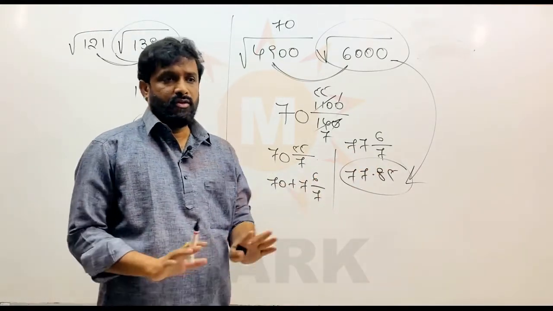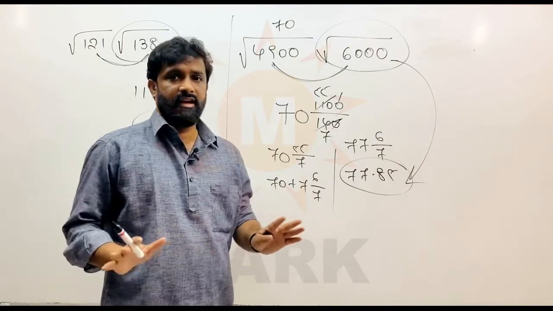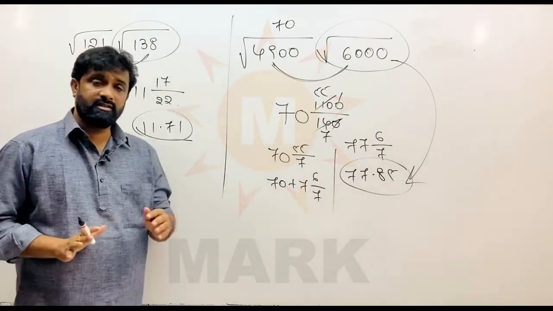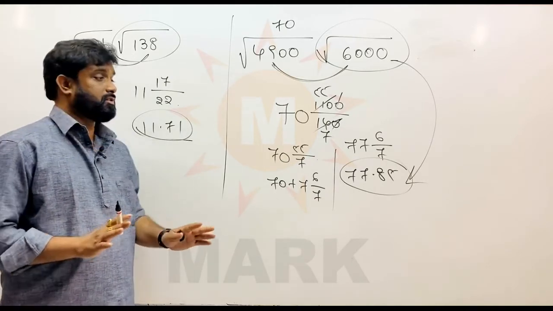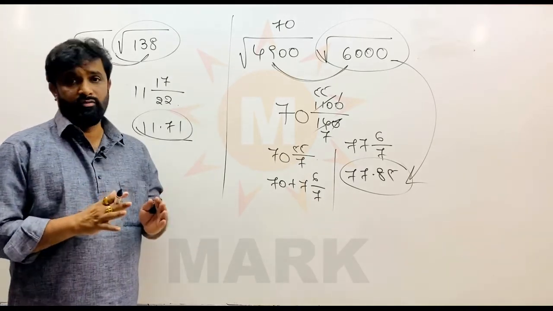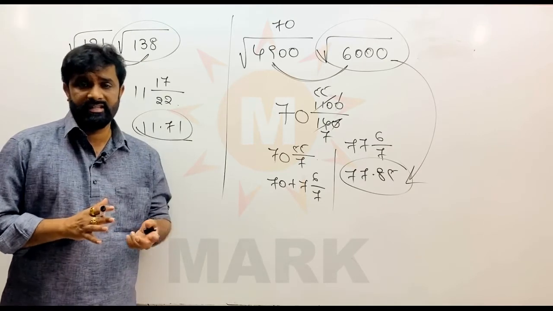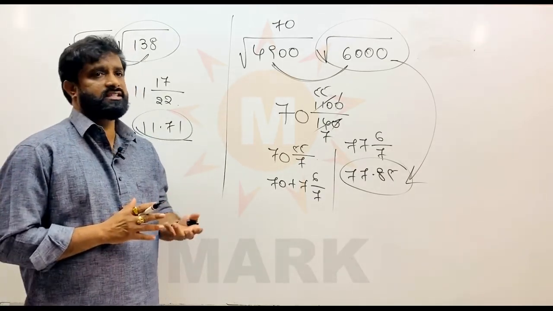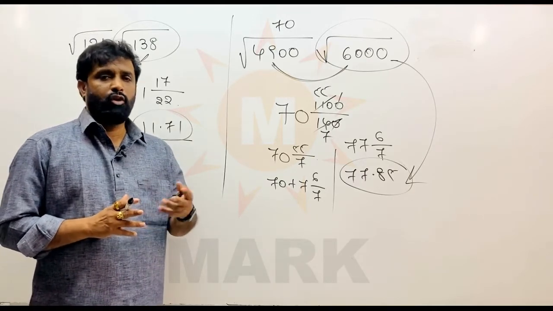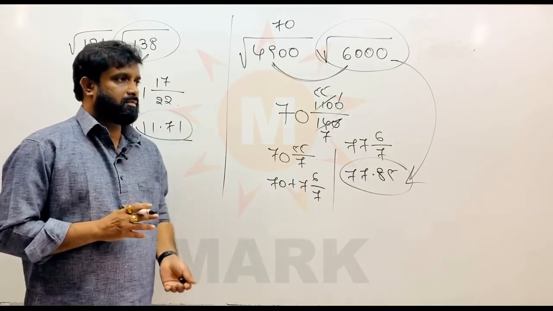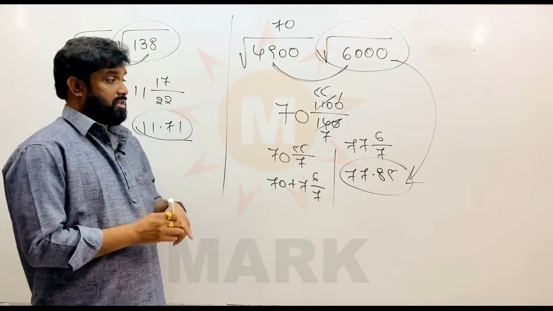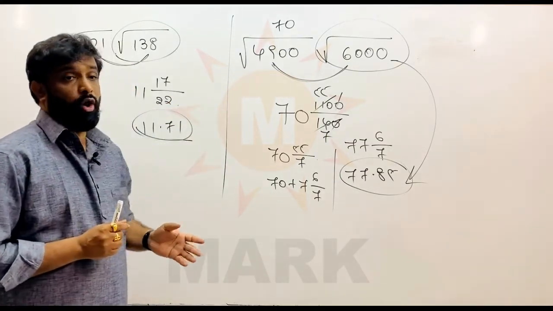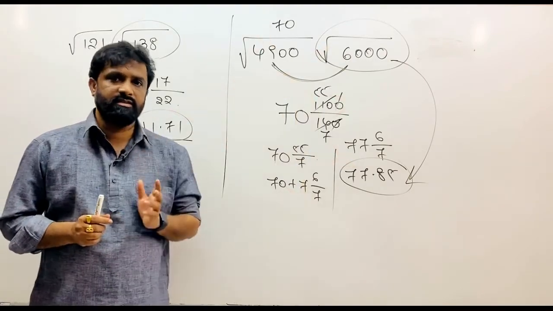So this is a very effective method. The accuracy of the answers is almost 95 to 99%. Whenever a calculator is not allowed, particularly in UPSC exams or most exams, when you are writing aptitude, reasoning or quant, you will not have a calculator, except in some exams like GATE. So this method will be highly useful to get the square root of non-perfect square numbers within seconds. Thank you.